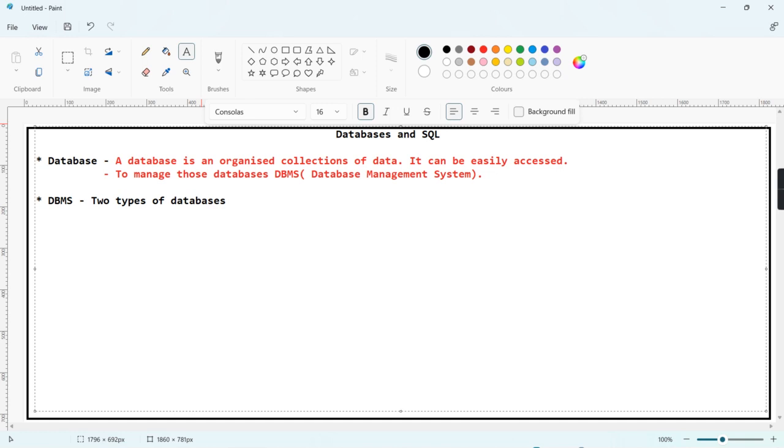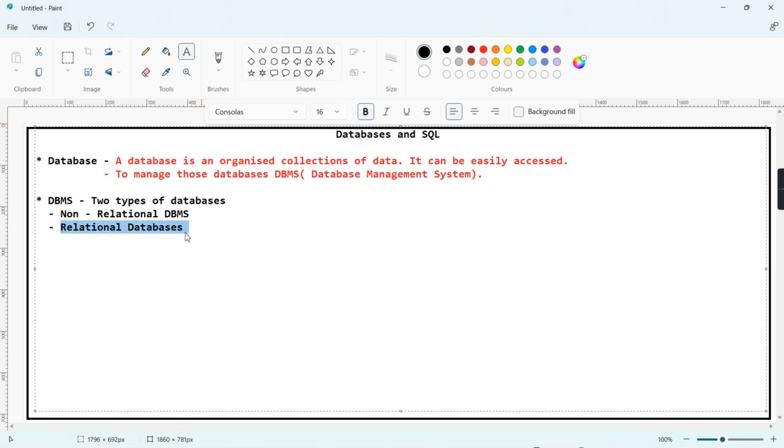First one is non-relational database, non-relational DBMS, and second one is relational databases, right? Now we'll see how we will store any value to non-relational DBMS and how we will store value to